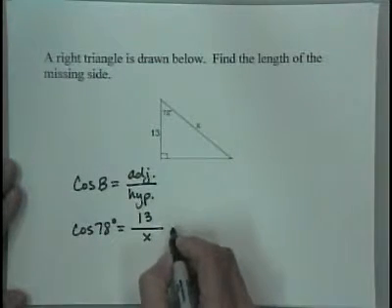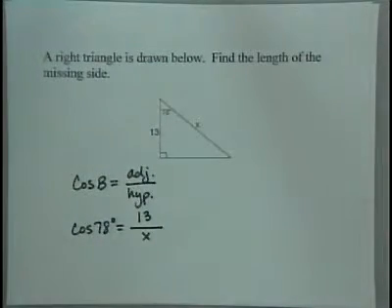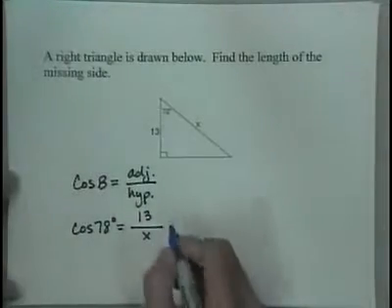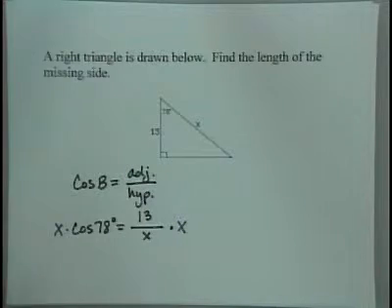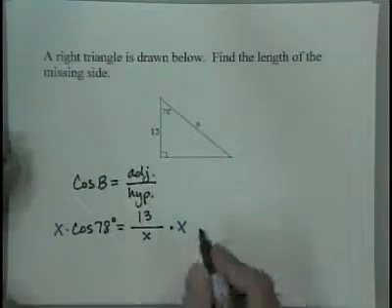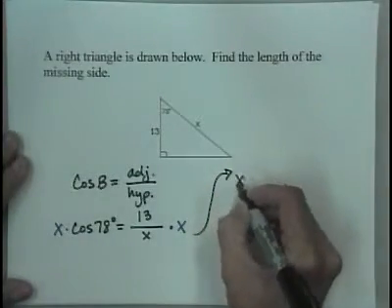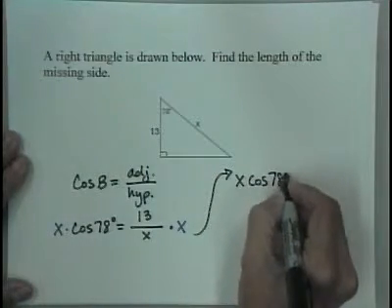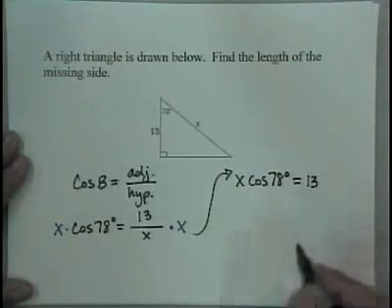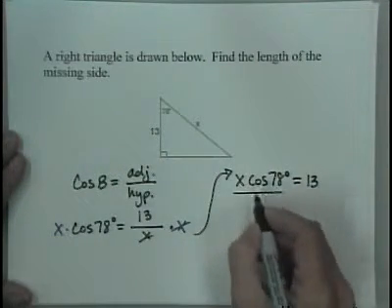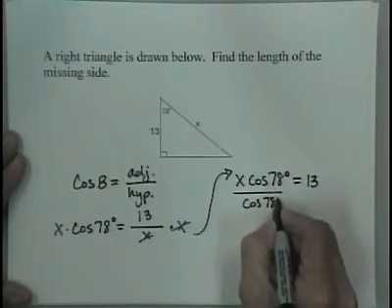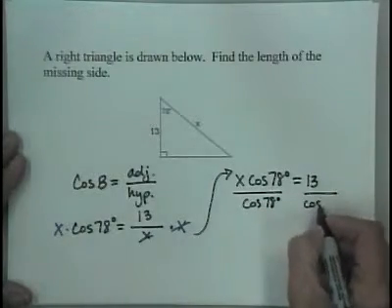As a first step, multiply each side of the equation by x. That will give us x cosine 78 degrees equals 13, since the x's will simplify on the right-hand side. Now, to get x by itself, divide by the number cosine 78 degrees,